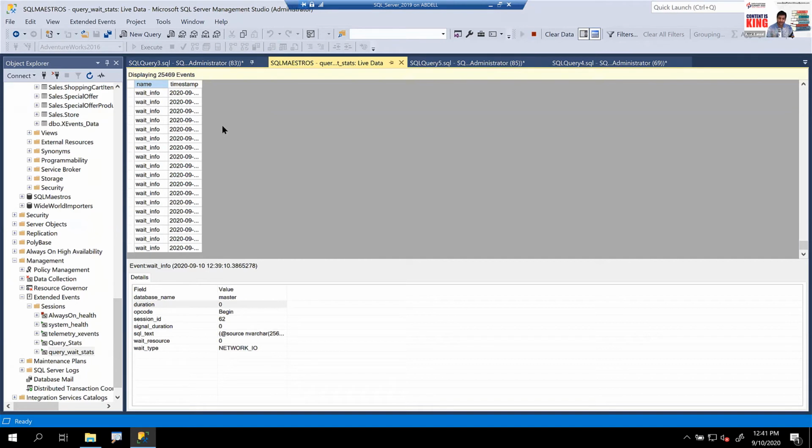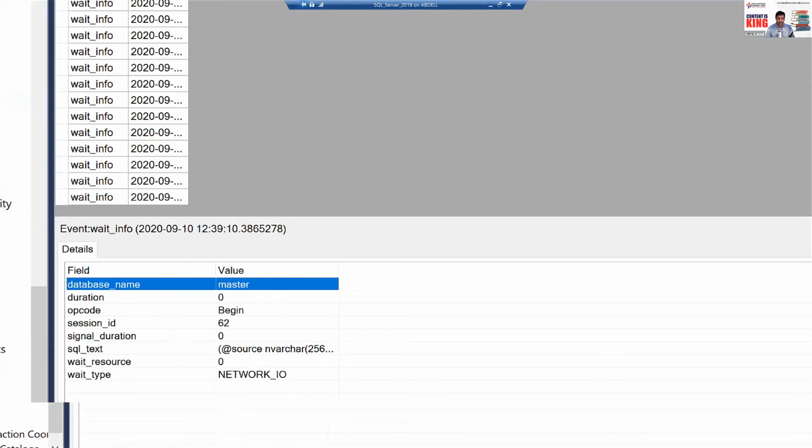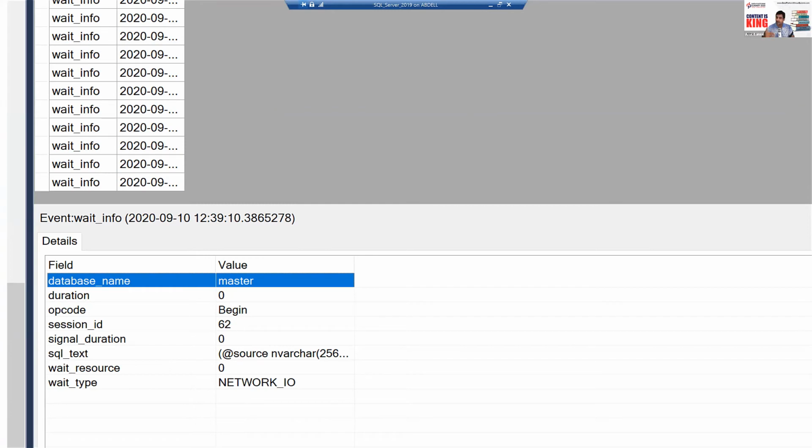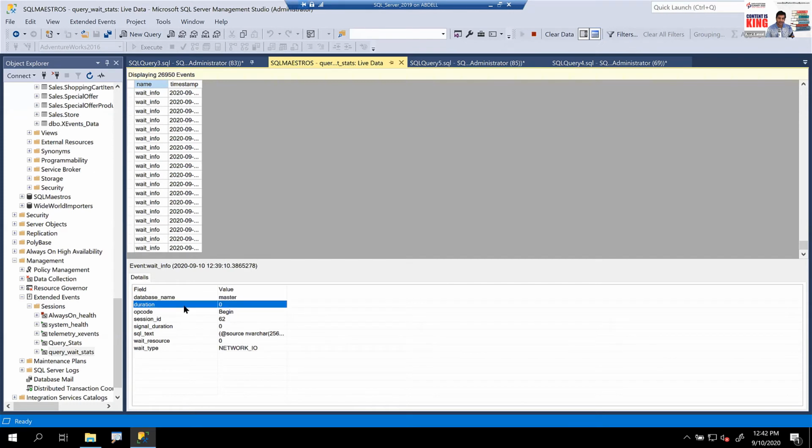And you know what you can filter on, right? You can filter on the database name. You can see that most of these events actually came in master, okay? Because there were a lot of system things running, and waits will always happen in SQL Server. It is part of the architecture. So all these are not a problem, because you can see for most of them the duration is 0. Every wait has a begin state and an end state. That's why for each wait type, you will have 2 events occurring.